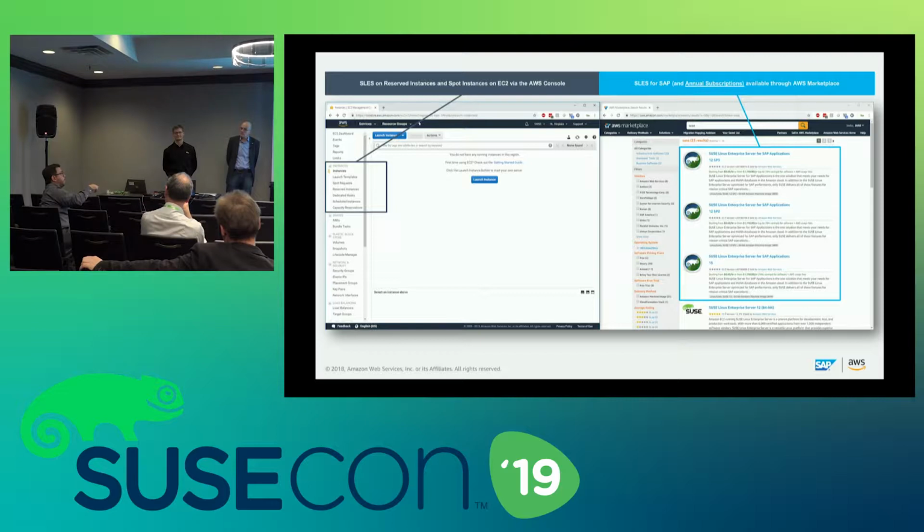Now, SLES for SAP is in the marketplace, and that is purchased through an annual subscription, which is different. So the key is if you want to get a discount on the annual subscription for SLES for SAP, you purchase that, but you still need to get that discount for the reserved instance. And when you do that, you have to select the Linux.